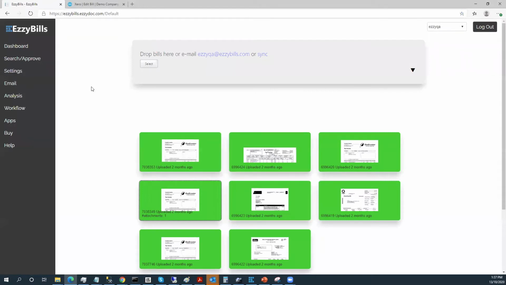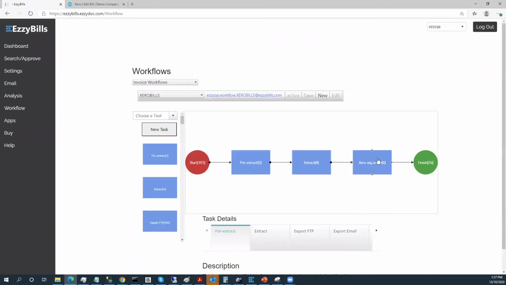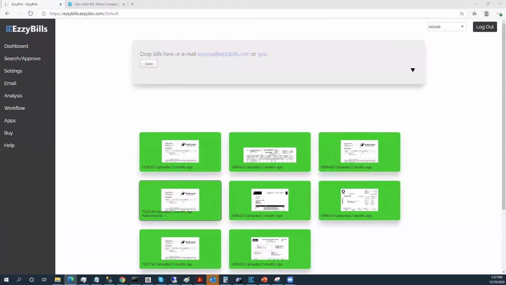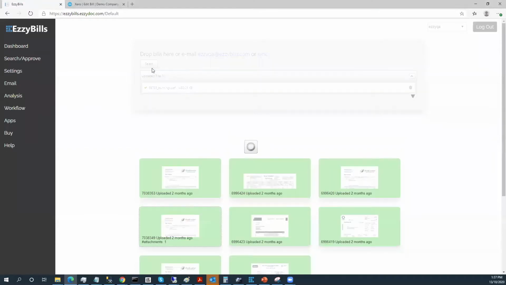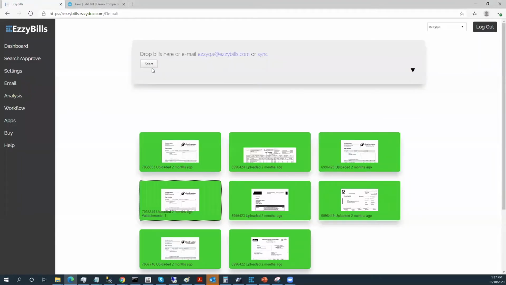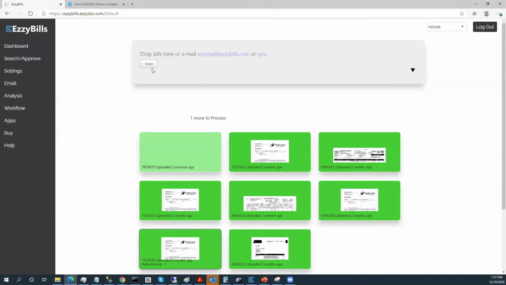I've just logged into an EzzyBills account, which has the workflows currently. You can see it's connected to Xero, and it's just going to extract the bill details and then push it straight into Xero. So I'm just going to start by uploading a bill into EzzyBills. You can see here I've just dragged and dropped the bill into EzzyBills,